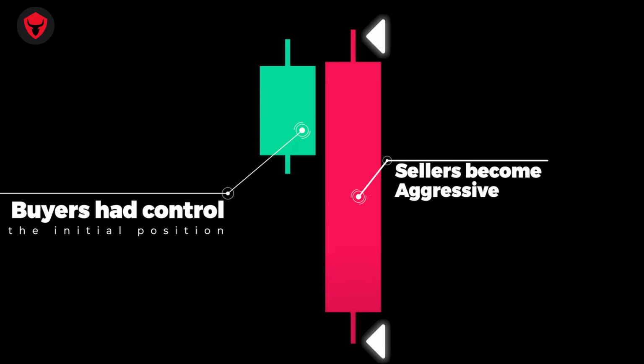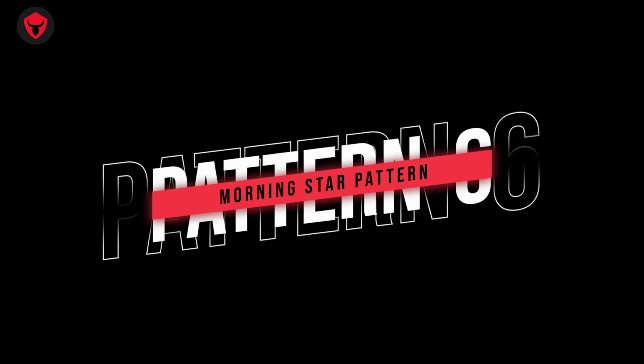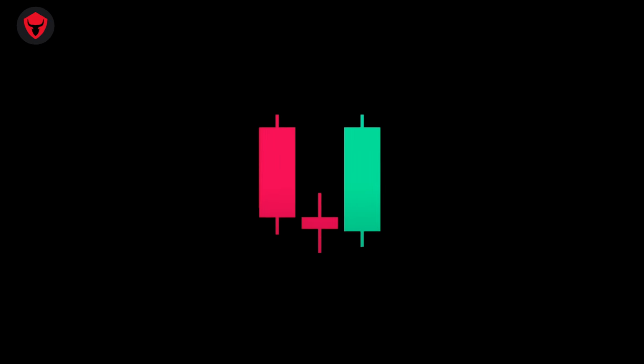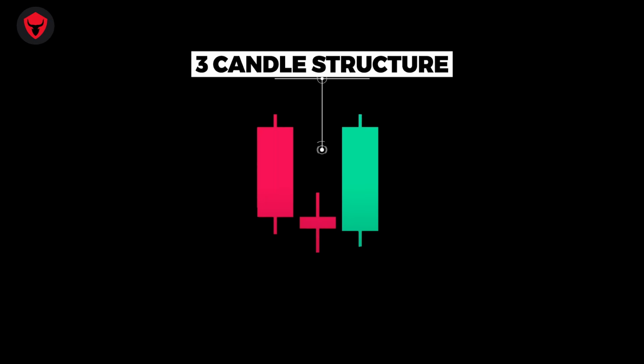Now we'll move on to more complex patterns. Pattern 6. Morning Star Pattern. The Morning Star pattern is a 3-candle structure that indicates a positive price reversal. The pattern begins with a powerful red candle with a large body. The second candle is a doji or pin bar with a small body and large wicks, which might be red